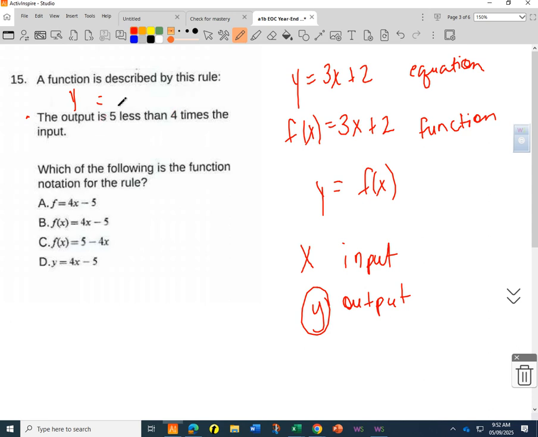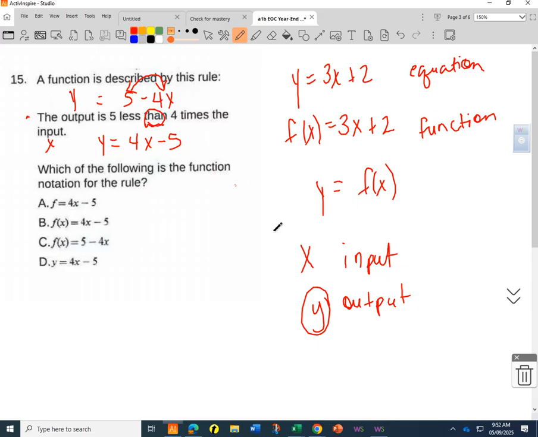4x minus 5. That's right. And you're tempted to do this, right? The input we know is x. But this word tells us we have to reverse this order. So it should translate to y equals 4x minus 5, except it asks us to write it in function form,